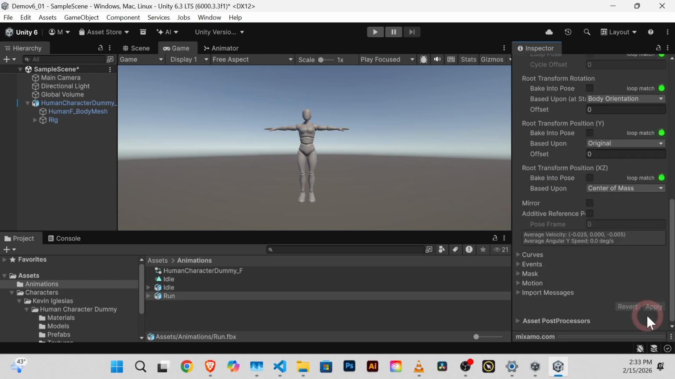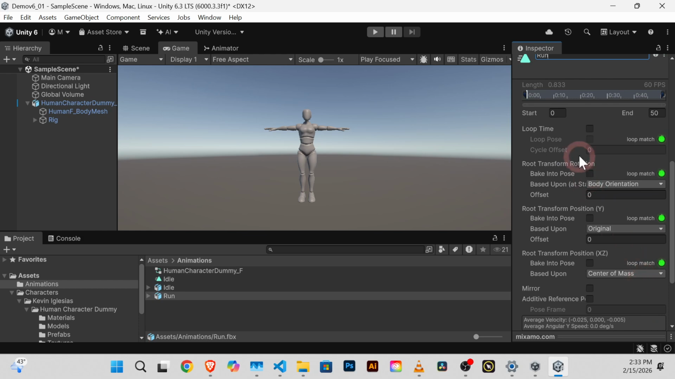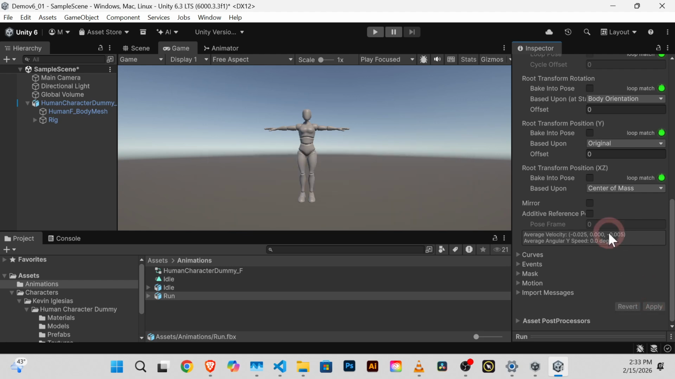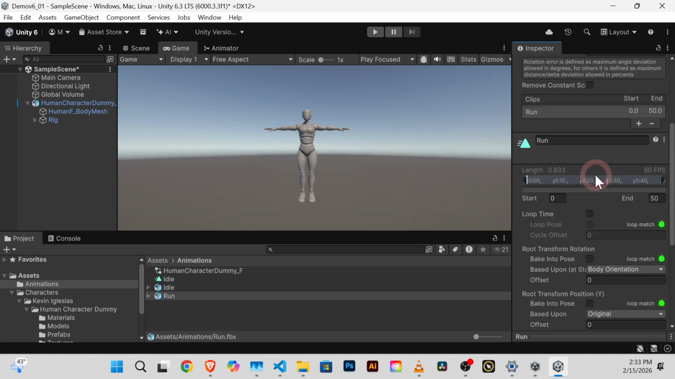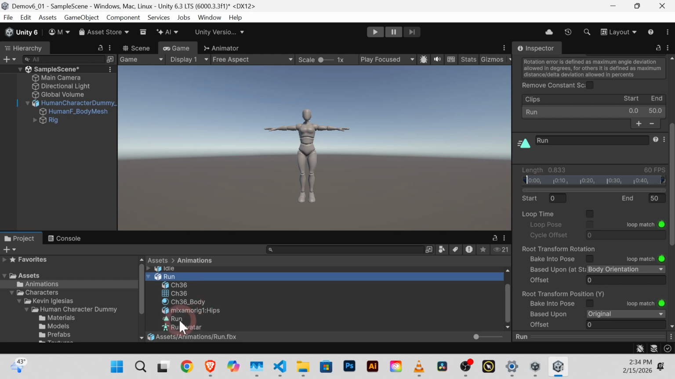And now apply will be grayed out, but I click loop time and then uncheck loop time and apply. And so this time it will have worked. I don't know what I'm doing wrong to make it have to do that twice. Maybe I should check and uncheck this to begin with. Anyway, there's my run animation, and if I roll down the options here, I can see run is now the